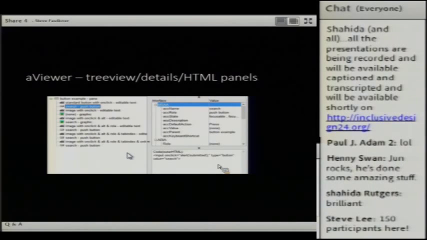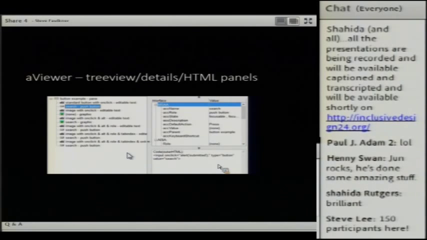This is the MSAA information. The accessible state, which is focusable and focused, because it's actually got focus in the web page. It has a default action, etc. So there's all that information. Now, within the tool there's a preferences dialog where you can actually remove that. So if you don't want to see an access key keyboard shortcut, you can get rid of that in the preferences, so you don't actually have to see it in there.